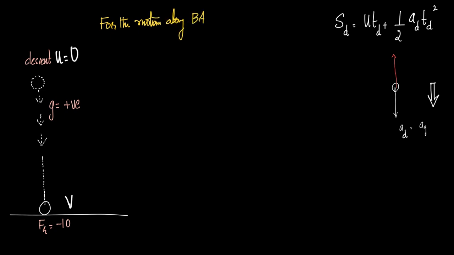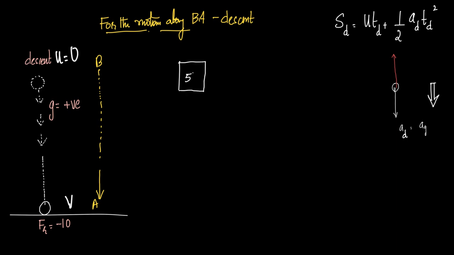For the motion along BA, which is in simple terms the descent of the body. So this is B, this is A, and now we have the object coming in the opposite direction, right? For here, let us try to draw the free body diagram. So this is the object. The weight is 5 kilogram. What are the various forces acting on it? Yes, we know definitely weight is going to pull this downwards, right? And